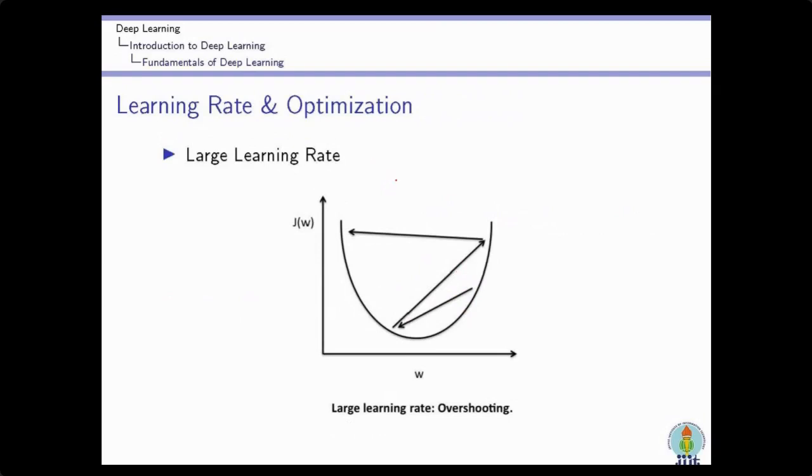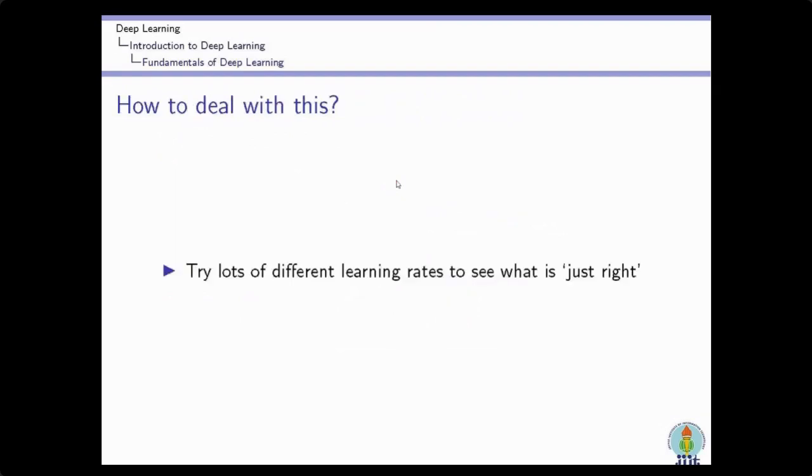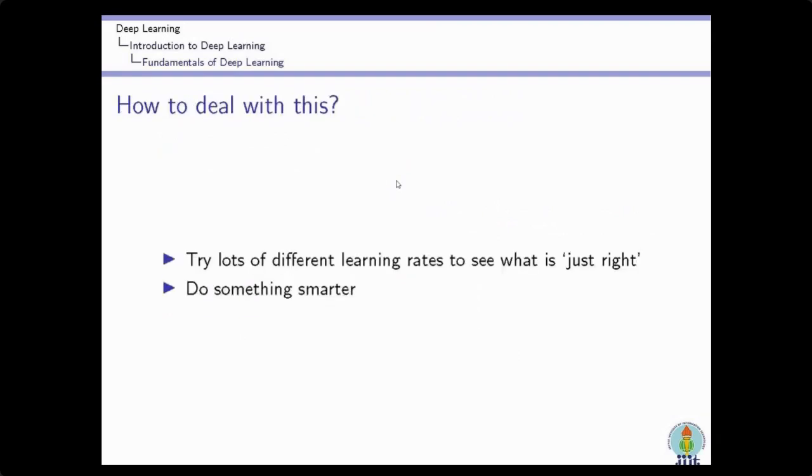So I require some smarter method that can find this learning rate effectively. One method is hit and trial. You just use one and see the output, then choose another one and see the output. But this is an infinite number of combinations and it is not feasible. So you require some smarter, effective method that can work.